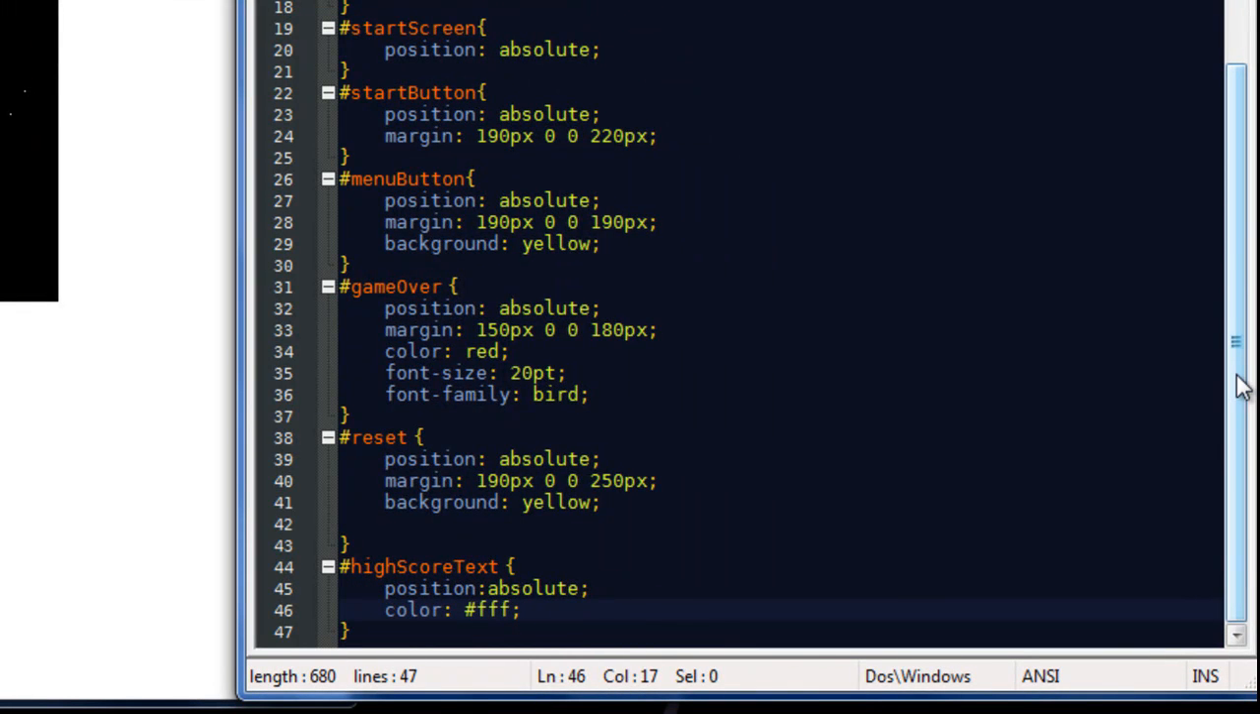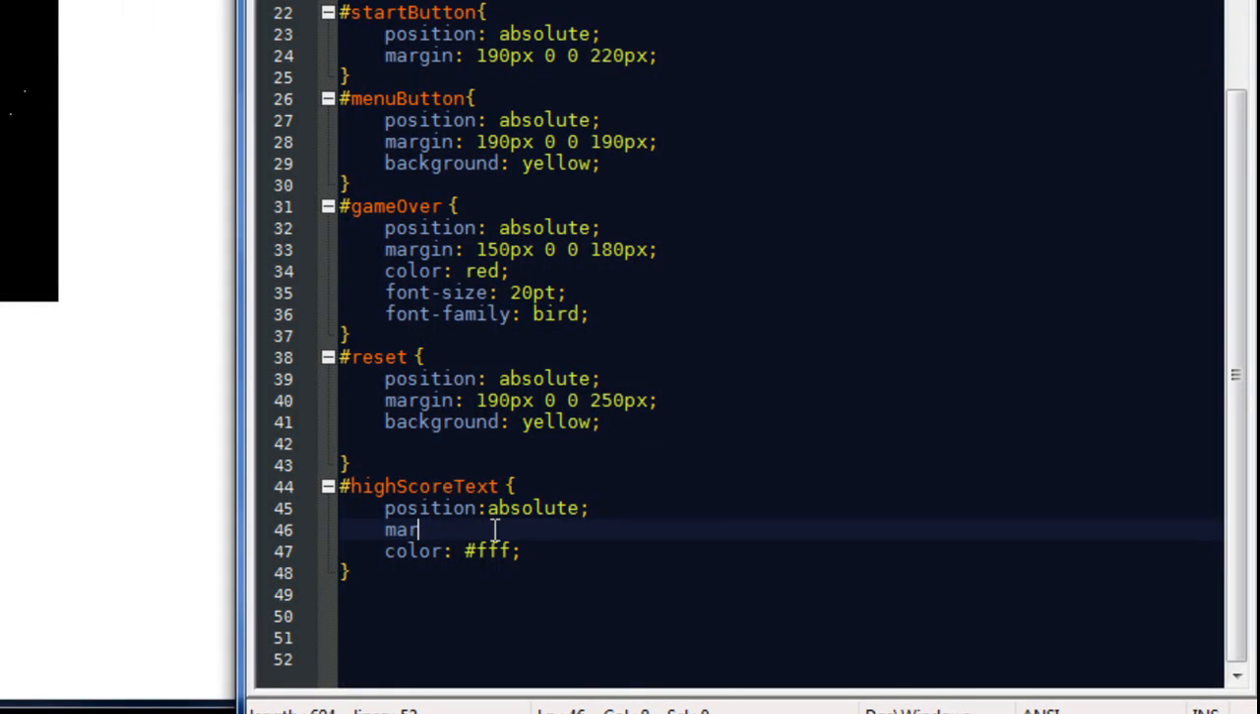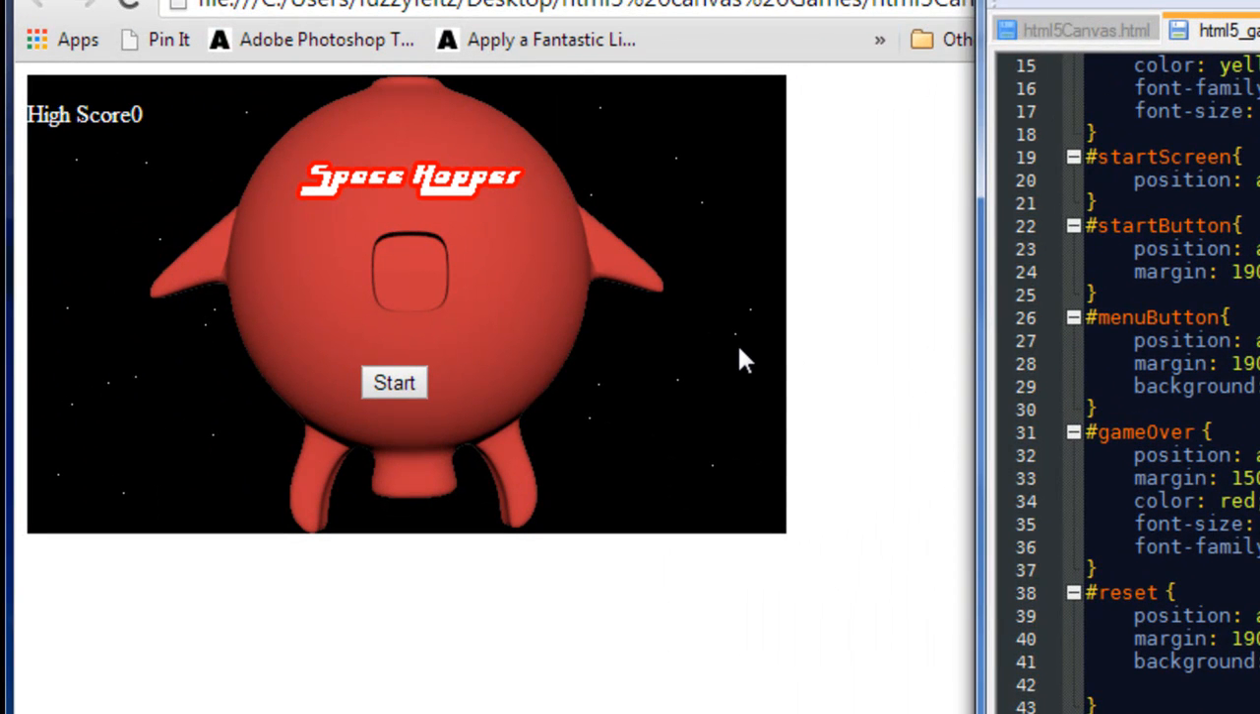Now I want to position this further down the screen, so we're going to say 230 pixels from the top, and say 20 pixels in from the left. I'm also going to change the font family to bird like we used before. Now if I refresh,